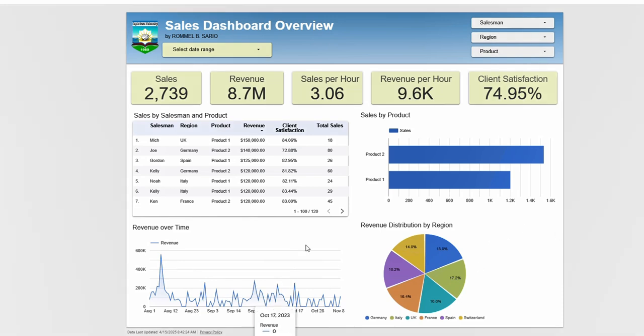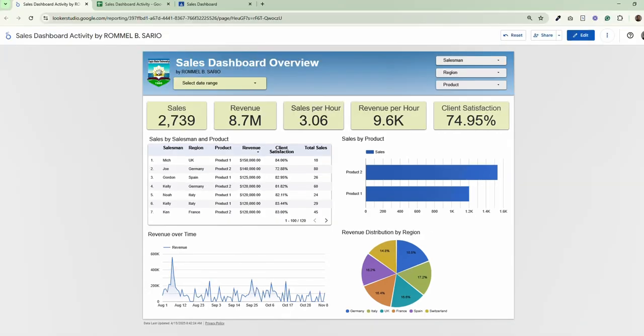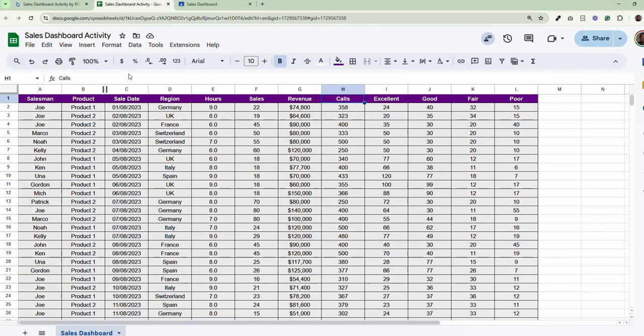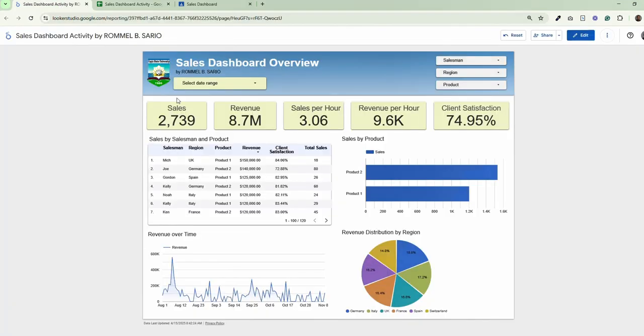The company must maintain data accuracy. The corrected satisfaction metric highlights the importance of accurate KPI calculation in a business dashboard. Transforming raw data from a spreadsheet into a clear interactive sales dashboard using Looker Studio is exactly what business analytics